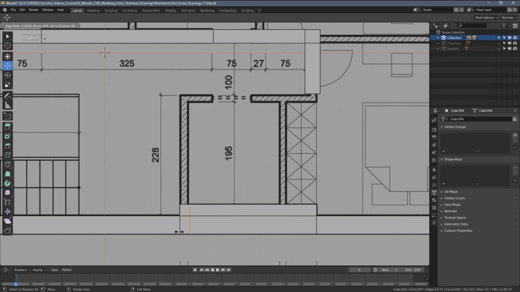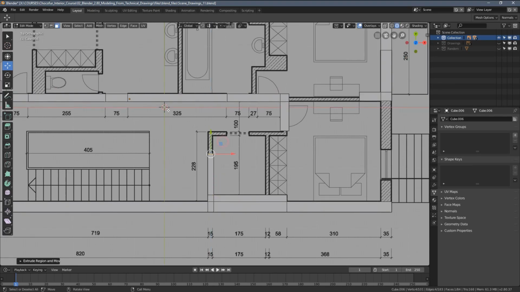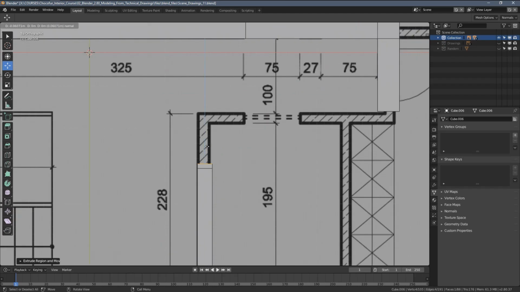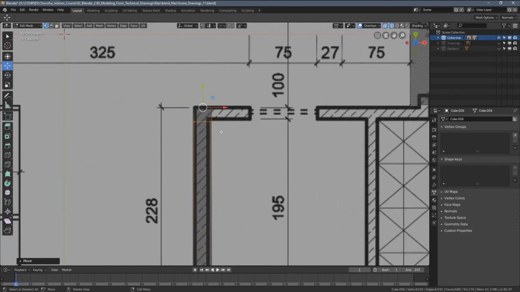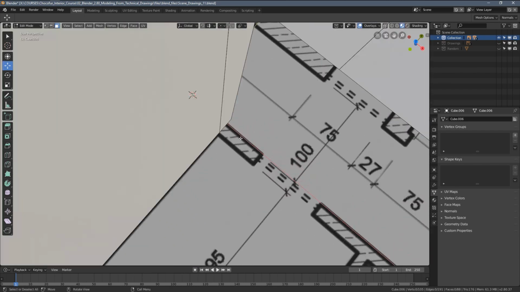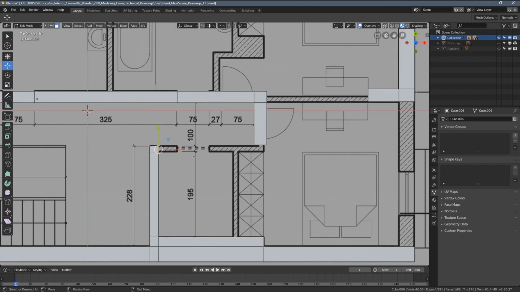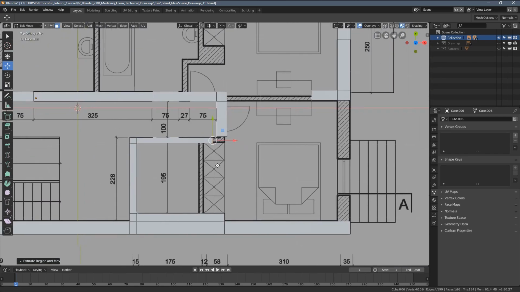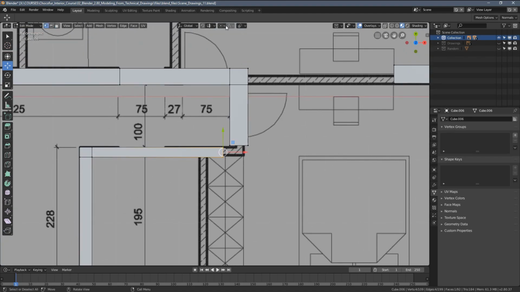I'm just gonna add a new edge loop and extrude this face so it follows the general wall layout. Yeah, I extruded it by mistake, but that's not a problem. Let's just select those vertices and move them up a little bit. Now I'm gonna select this face again and extrude it in this direction. So in order to align those pieces together, you might want to use a snap tool,